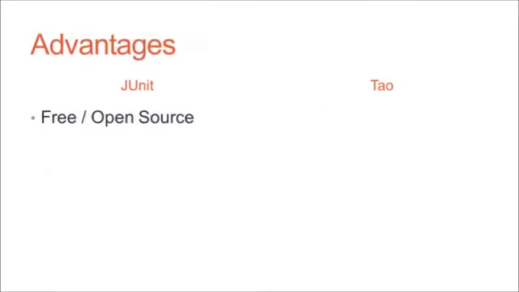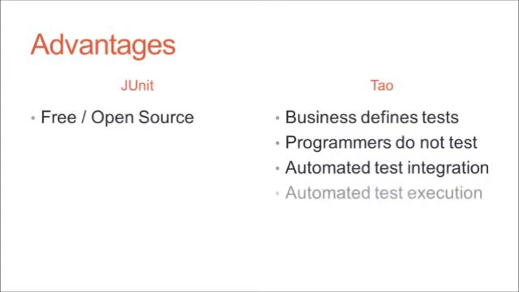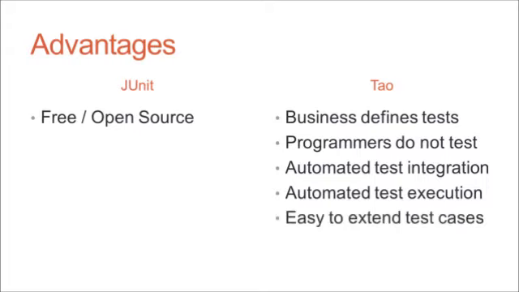To compare the advantages and disadvantages, it is clear that with JUnit, the only advantage it has over Tao is that JUnit is free open source software. However, the cost to one side, installing and configuring Tao is as straightforward as JUnit. If the IT project is using a version control, a dependency manager, and a continuous integration server, then we designed Tao for exactly this environment, and Tao fits seamlessly within the environment.